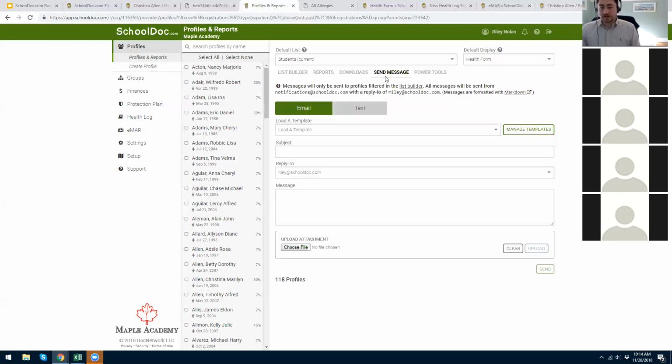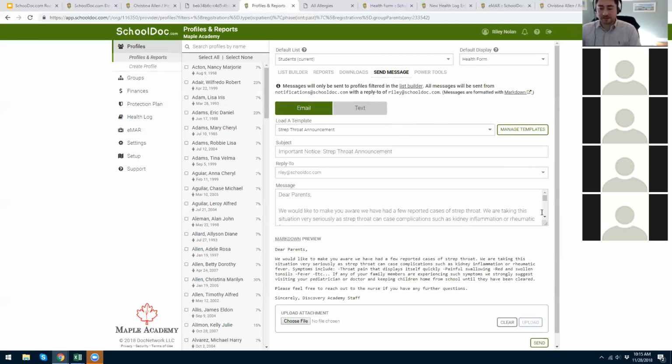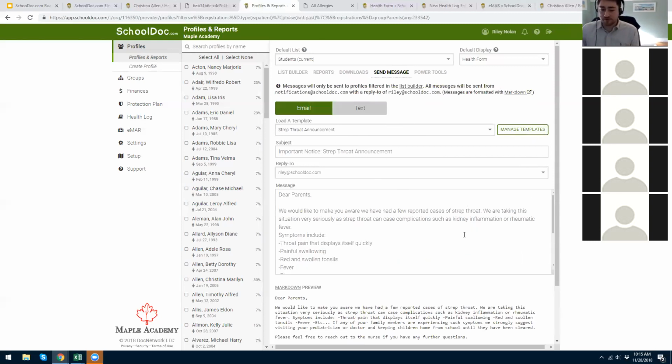And then I did want to touch on our send message feature. It's also tied to the list builder, but let's say that for everyone in all your families for grade 4, you need to send out a message and say, okay, there's been a strep throat outbreak, or there's an important announcement. We can actually send out a mass email from the system, and you can have templates. I just pulled up a strep throat example, but you can build out templates to send things to families